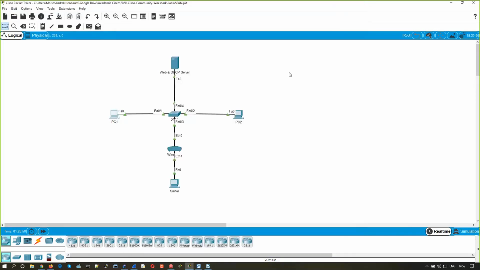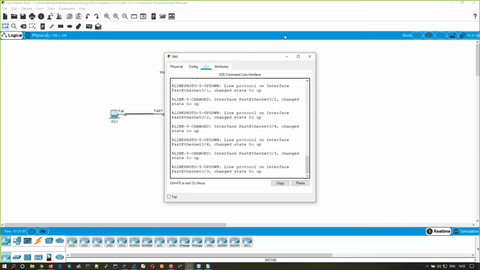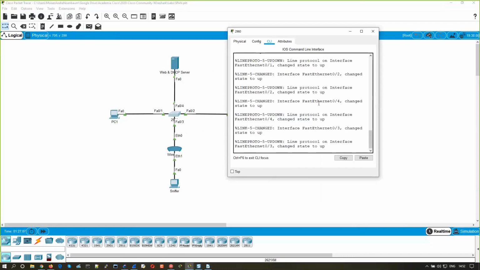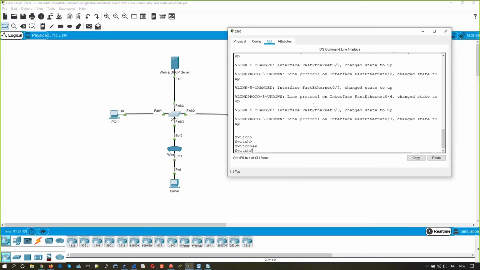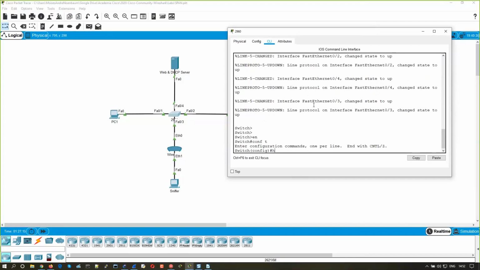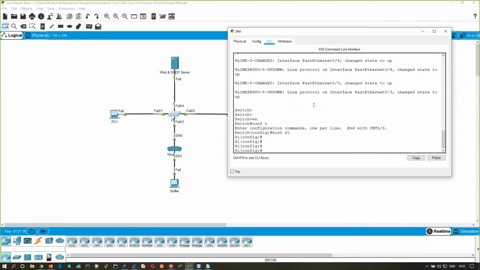So what I will do? Fast 01 will be the source, fast 03 will be the destination. It's very easy to configure. Enable, config. Let's put a name on this because I don't like things without a name. So the command is monitor